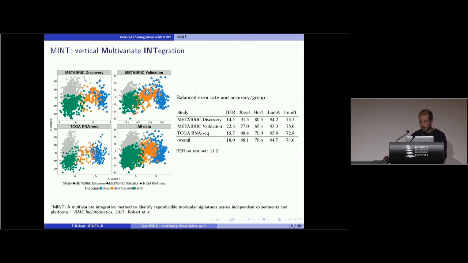You can also have all the data together to show that when you superimpose the three studies, they still look the same. You can also calculate the error rate and accuracy per group or overall. Everything was published last year in a paper in Bioinformatics, so you can have the reference and look deeper into the comparison with other methods if you want.